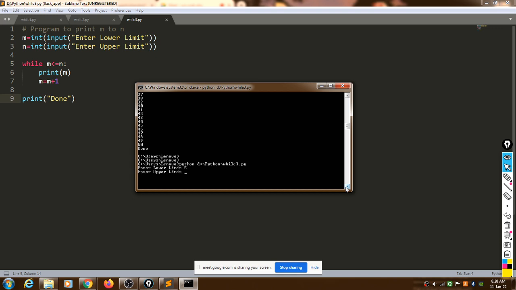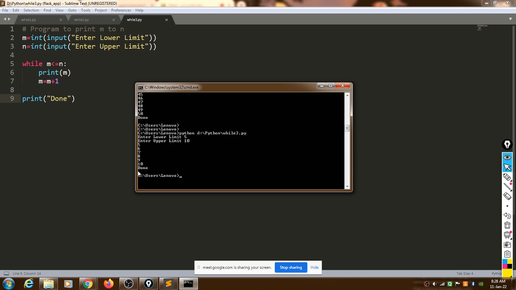Then it will ask for the upper limit. Suppose we enter the upper limit as 10. It prints the values like this: 5, 6, 7, 8, 9 and 10. When it comes out of the loop, it prints the text done.